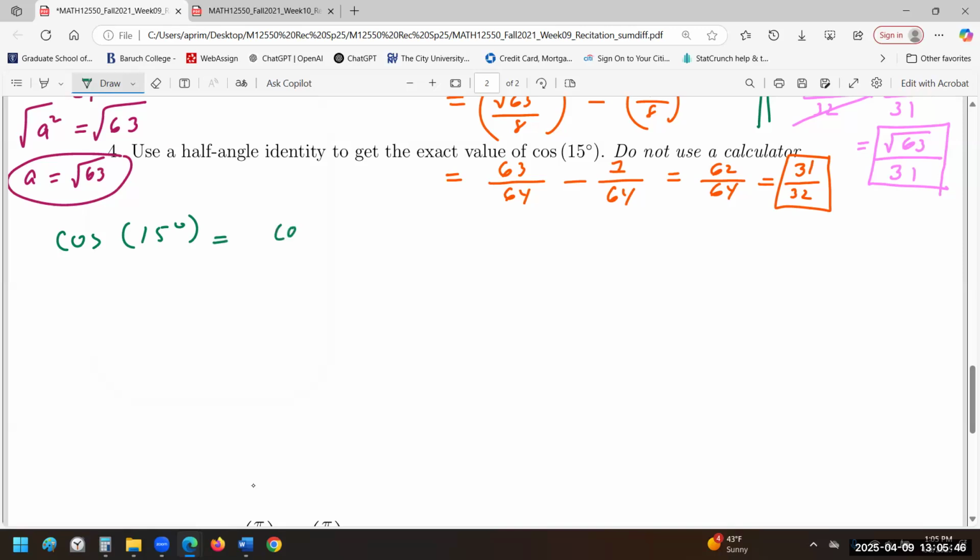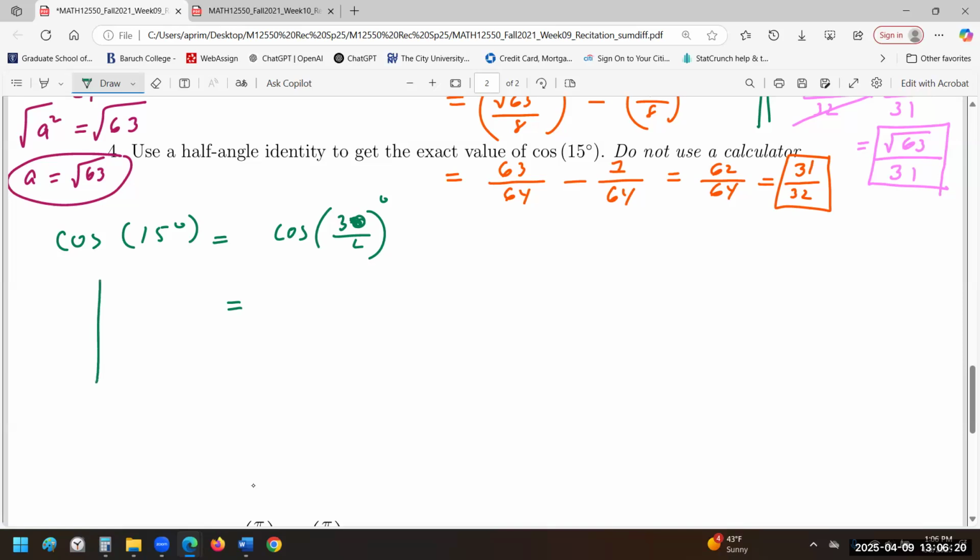So what we do, 30 divided by 2. Because 15 degrees is 30 divided by 2, half of 30, right? So half angle identity means find the angle, the half of that angle is the given angle. So 15 degrees given, 15 is half of what? Half of 30. So that means our full angle is 30 and we are taking half of that. So the formula,